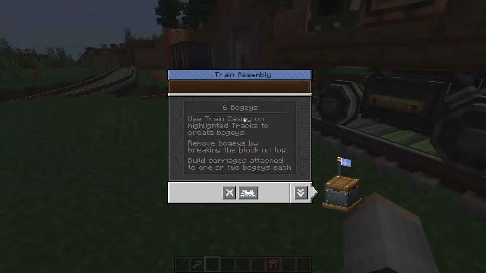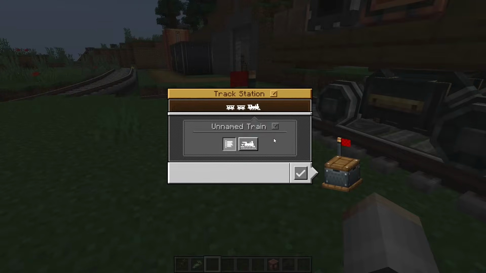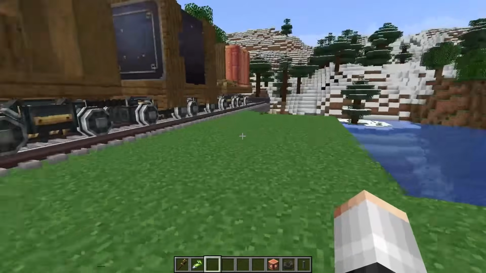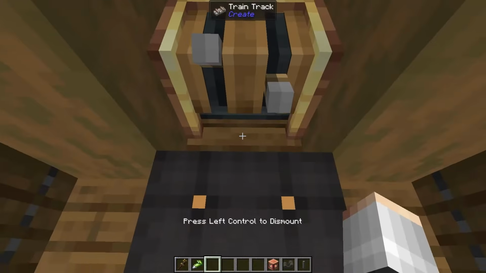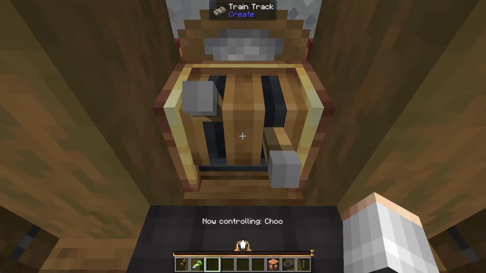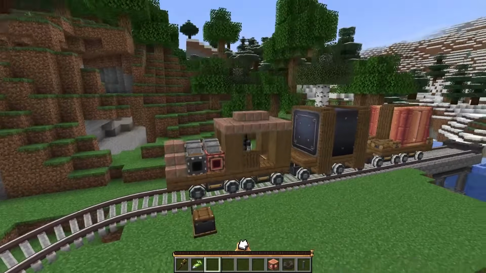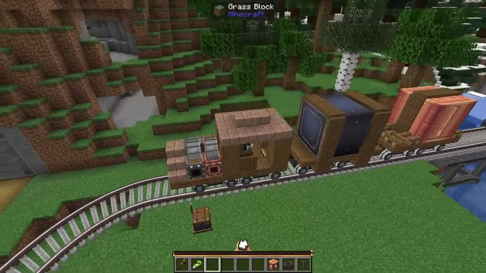So we're going to come into our train station, we're going to click assemble train, and we're going to name this Chew, because I don't have a better name for a train. This train is in a creative world. So we're going to take a seat on our train, we're going to right click our controls, and because we're sat on a seat, when we change our perspective, we can actually get a very good look at the entire